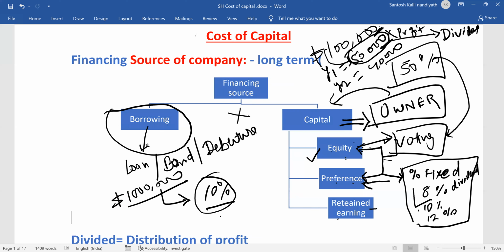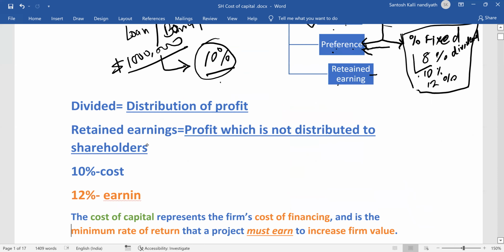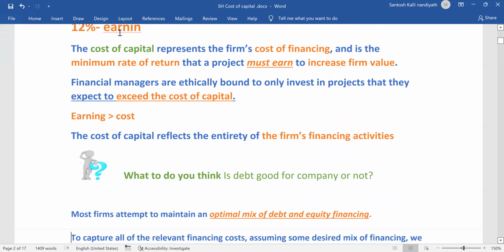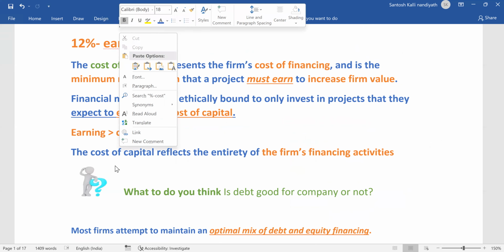I can't say, okay, just go with debt. No, in that case, if a company is just borrowing, that is also not good, because it could be possible they are not able to repay that money. Correct. So it depends upon how you are using the mix, and the mix should be in that manner. Both are good for the company. Some borrowing would be there, and other sources of financing, equity, preference, or retained earning. Okay, up to here we are good. Are you understanding, or am I going too fast? No, everything perfect.